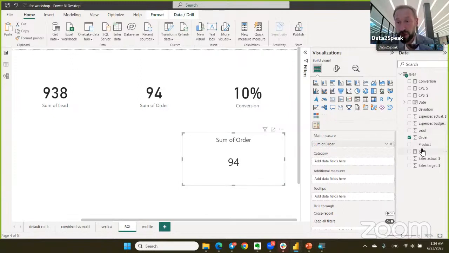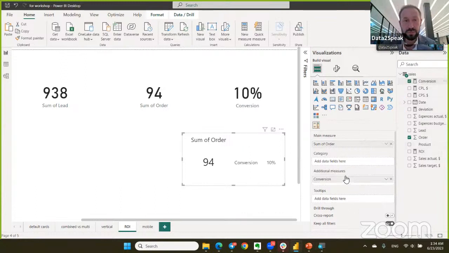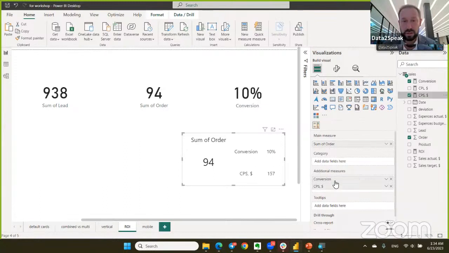Conversion is an additional measure, and cost per sale is another additional measure. What we have. So for conversion, we had our